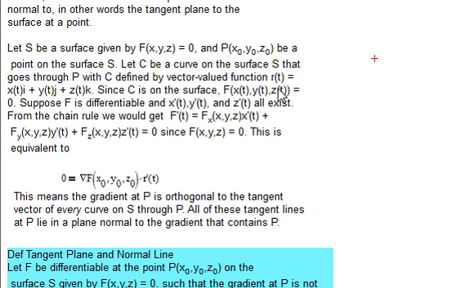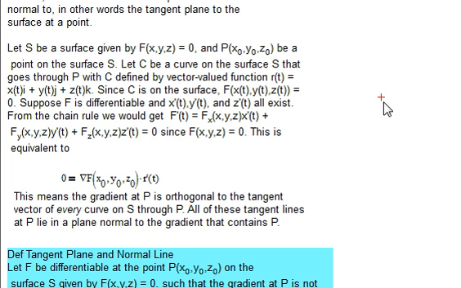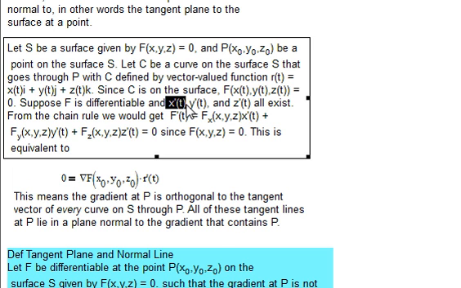Since the curve is on the surface, then f(x(t), y(t), z(t)) = 0. Since it's on the surface, and that's the equation of the surface. Now, suppose f is differentiable and x'(t), y'(t), and z'(t) all exist. Then from the chain rule,